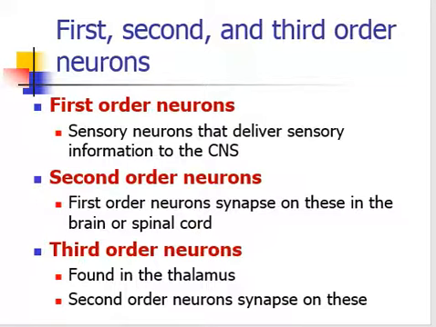In the ascending tract, we are going to look a bit more deeply. The pathway for each sensation is formed by 2 or 3 groups of neurons, called first order neuron, second order neuron and third order neuron. What is the first order neuron? The first order neuron receives the sensory impulses from the receptor and sends them to the sensory neuron present in the posterior gray horn of the spinal cord through its fibers. The nerve cell bodies of these neurons are located in the posterior nerve root ganglion.